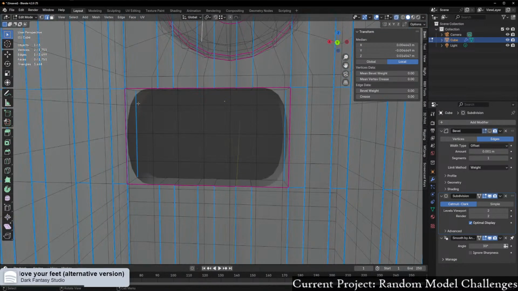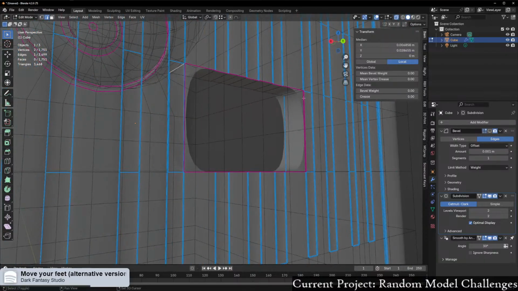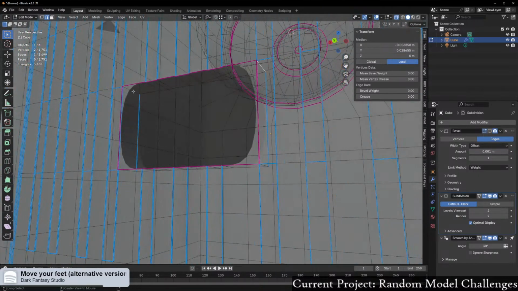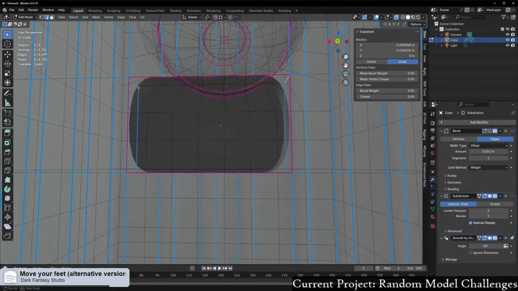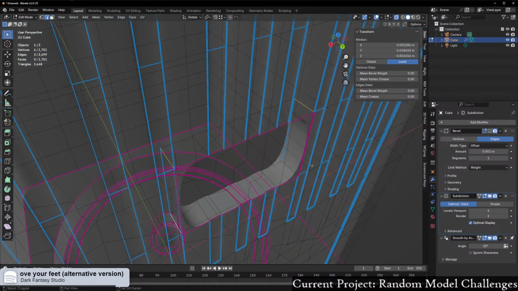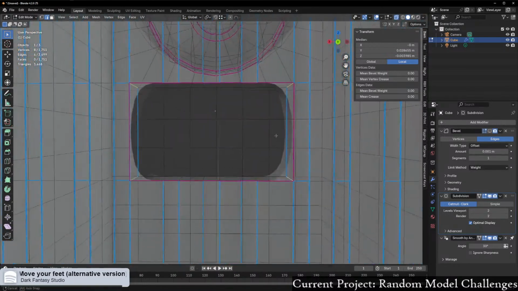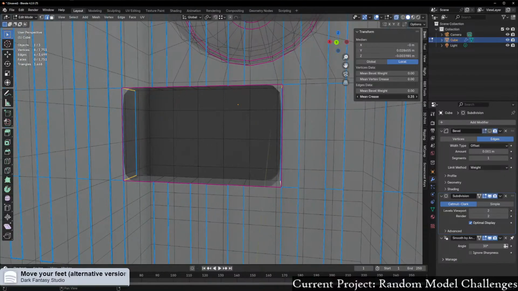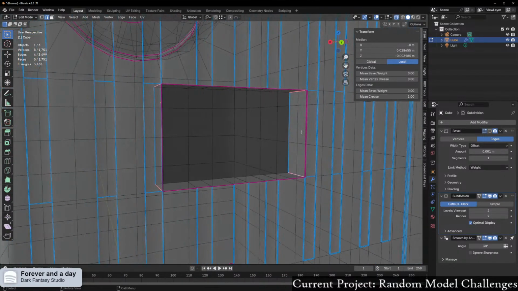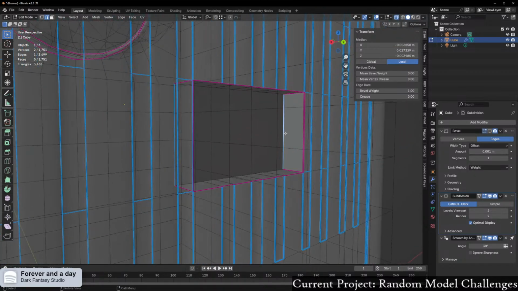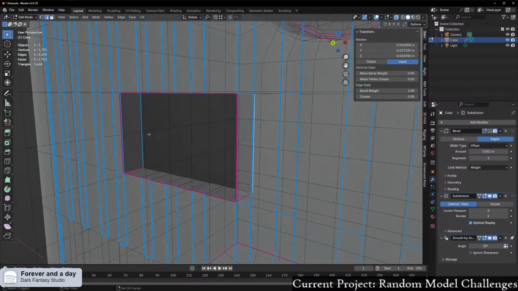Now, the only thing here is that these are... Okay, I just need to do this. Increase these. So now we have got a USB port going. These, and